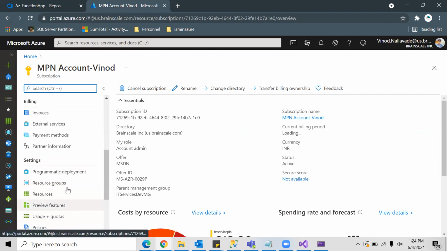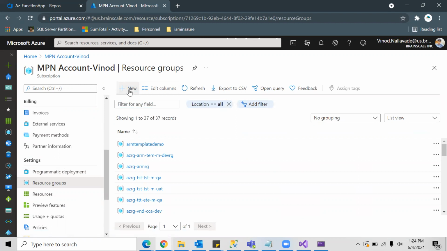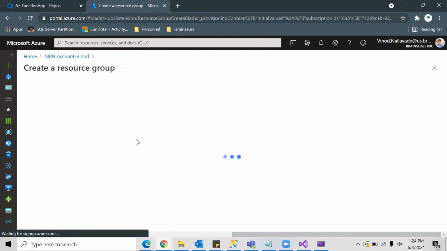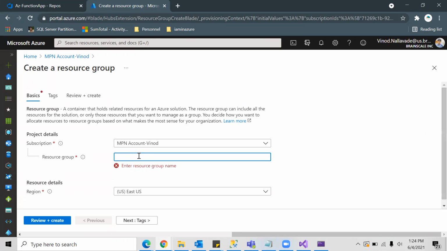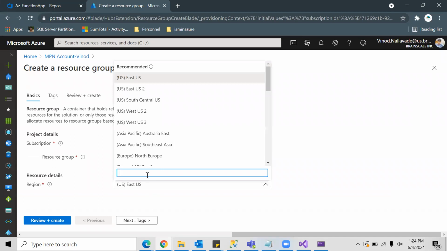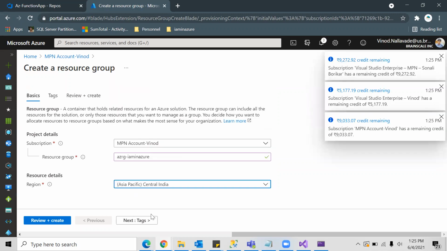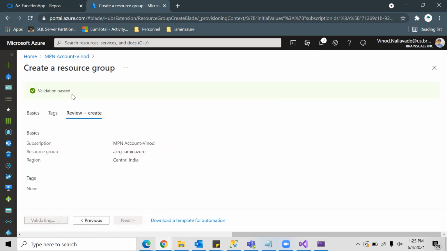So the resource group name, I would like to put it as AZ400, let it be AZRG hyphen, I'm in Azure. And for location, I would select some nearest location, Central India. Then tags, I'm not putting any tags. Then review and create. So this will create my resource group.